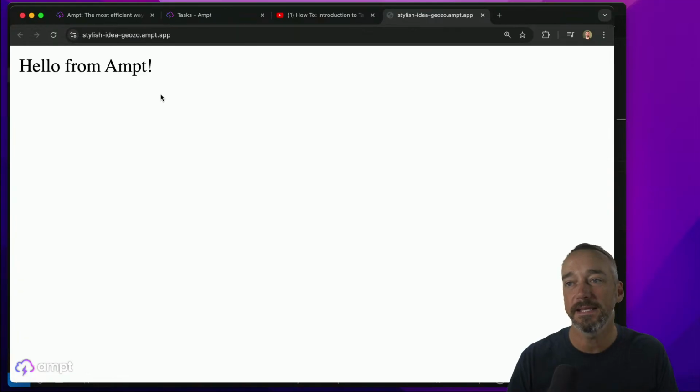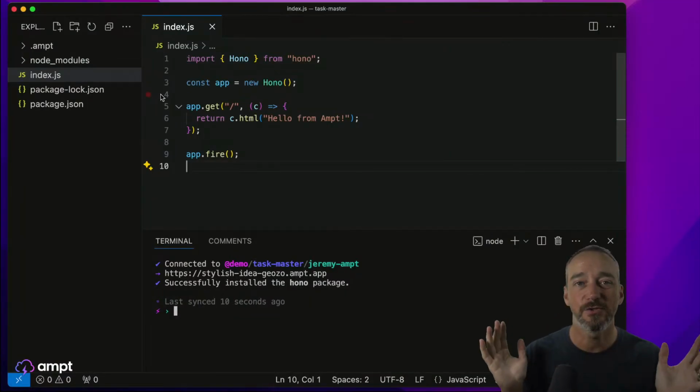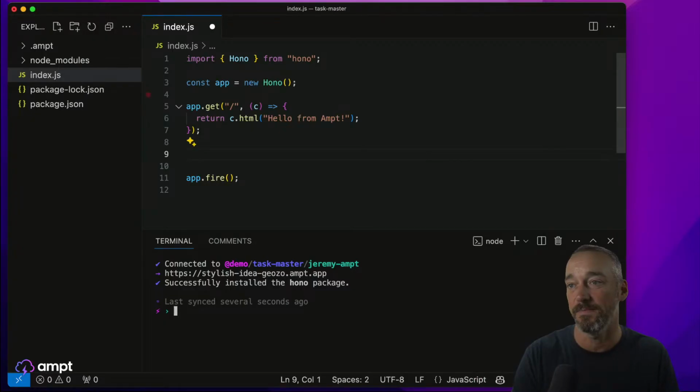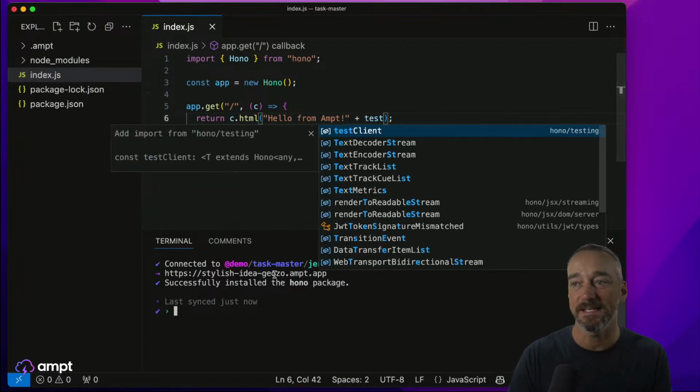So this immediately syncs your code into the system, which makes it super easy to have a really great development loop. And again, if you put something in here wrong, if I was to do something like return "Hello from Ampt" plus test,